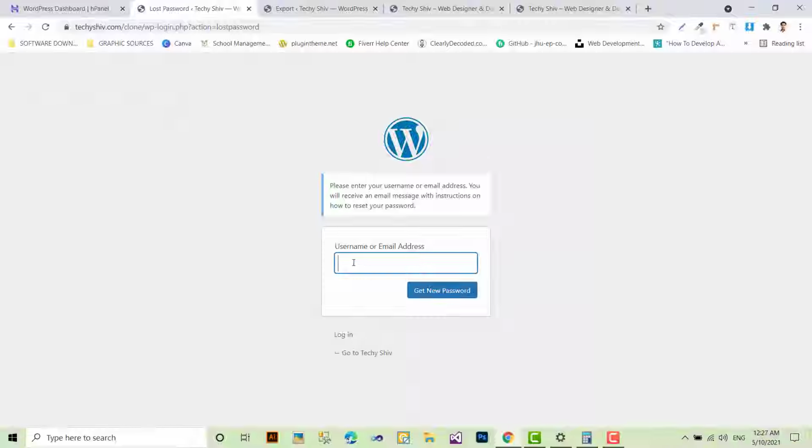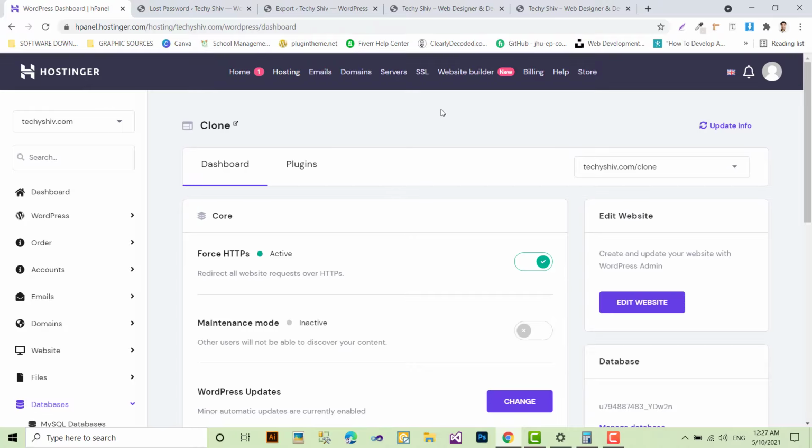But what happens if you don't have access to your email address, and you don't remember the username also? So how to change the password of this new domain, that is the clone domain? Using cPanel. So this is my cPanel. As you can see, I have already logged in to my cPanel, and you can see that there are lots of directories. This is my main domain, and all these things are for practice purposes. I have made assignment directories, and this one is for clone. Okay, this is the directory. Here I have cloned this main website to this directory that is called clone.